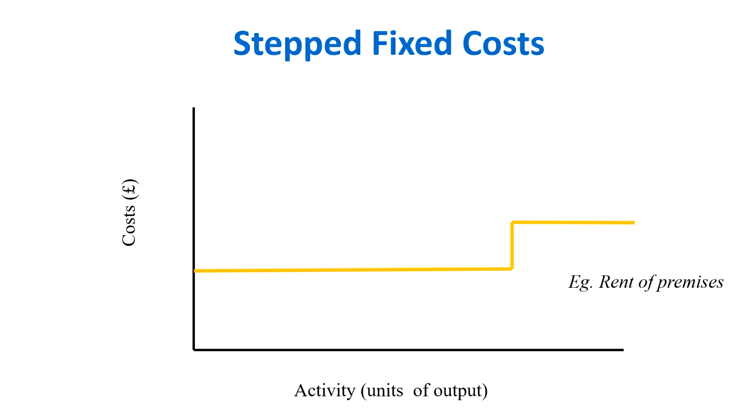The definition, however, did indicate that that would possibly be within certain ranges of activity. In other words, if we take rent as the example here, the business is able to operate at a particular activity level through renting space, and if that activity level increases, it can still operate in the same space